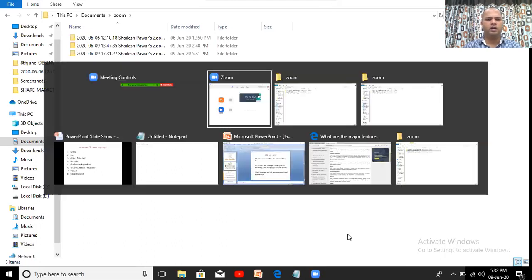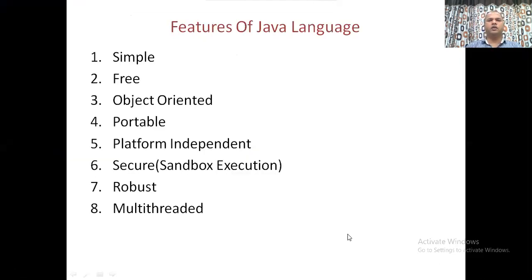Okay. Now let's have a look at this slide first. So the first part that we will be seeing is features of Java as a language. Now you need to pay attention here, because initially it seems as if it is a very simple question to be